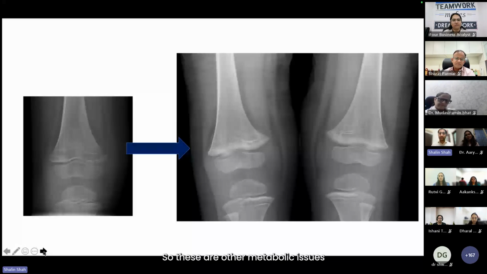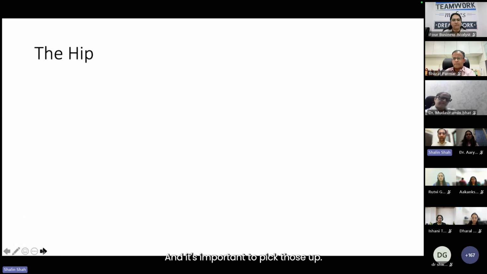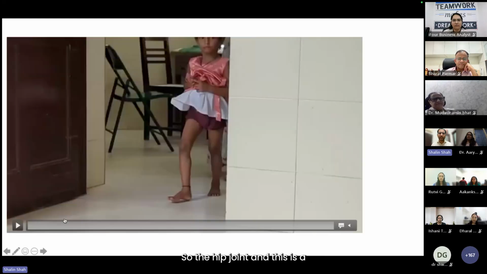So these are other metabolic issues you can see maybe commonly in some particular group of kids as well, and it's important to pick those up. So now I've talked about the normal variations of gait and how to just reassure parents and the children that all is okay. We have understood what metabolic conditions can do to gait. Now we'll go joint-wise and look at what different conditions around each joint will cause an issue to the gait itself. So the hip joint, and this is something even pediatricians